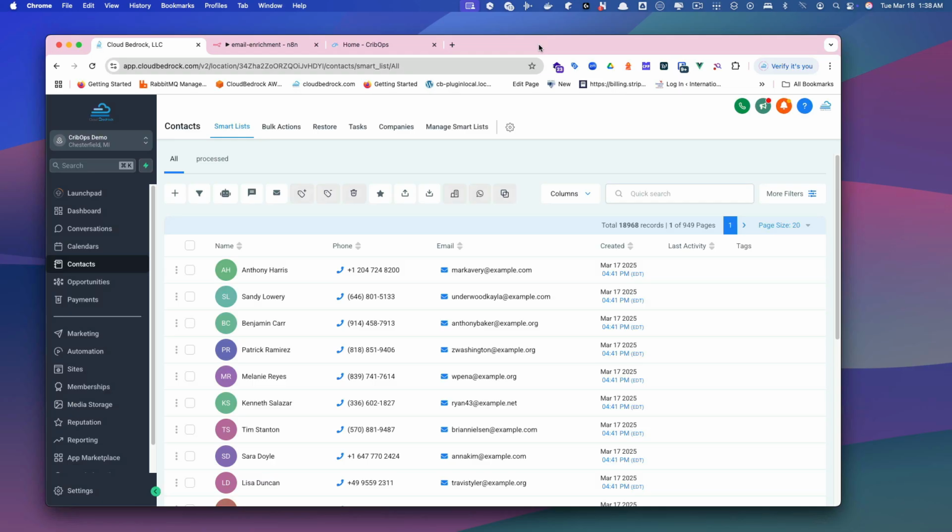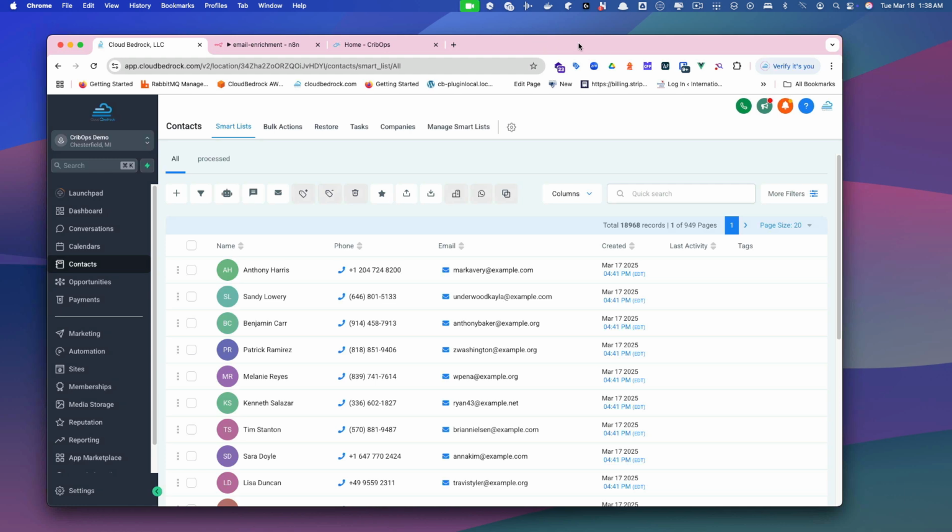By the end of this video, you'll see how to easily handle massive volumes of requests while ensuring every critical piece of data lands exactly where it needs to go. Ready to take your automations to the next level? Let's get started. Okay, so the first thing we're going to do is take a look at a GHL contact